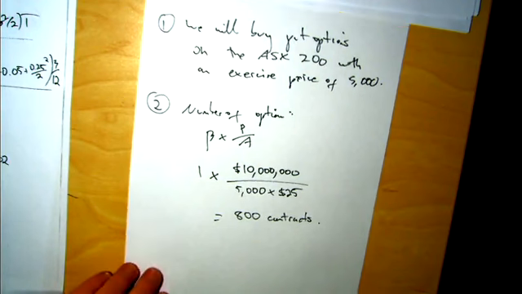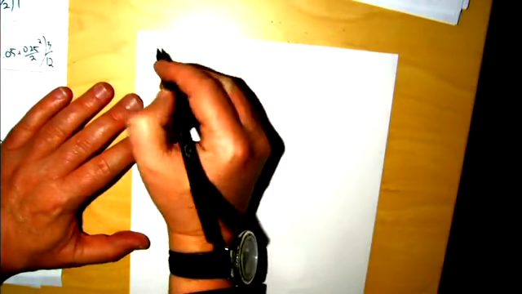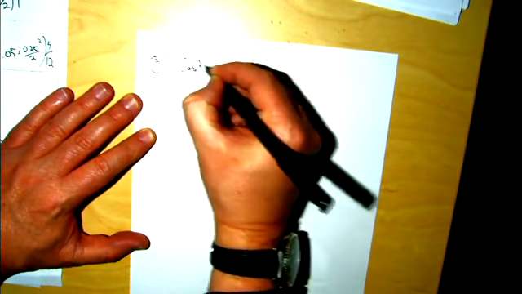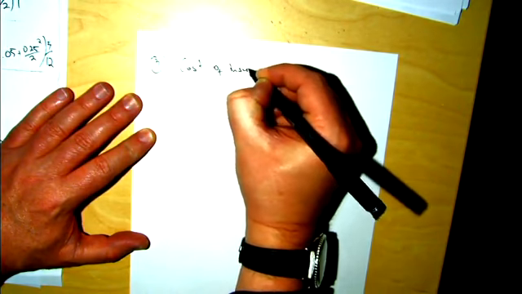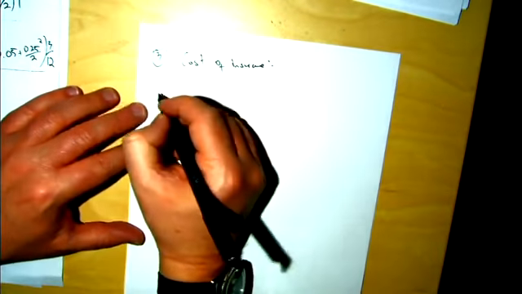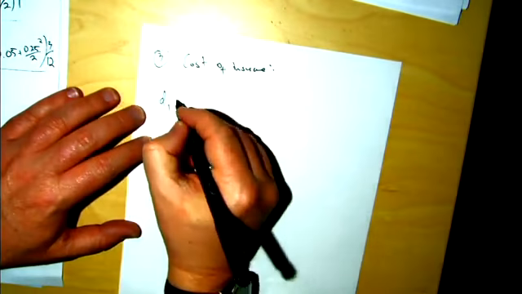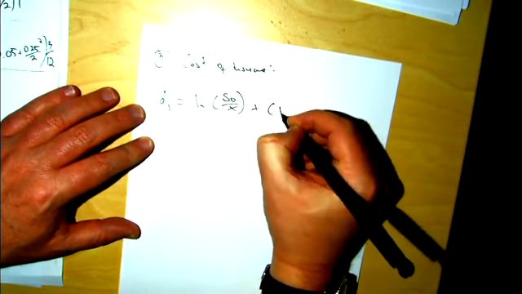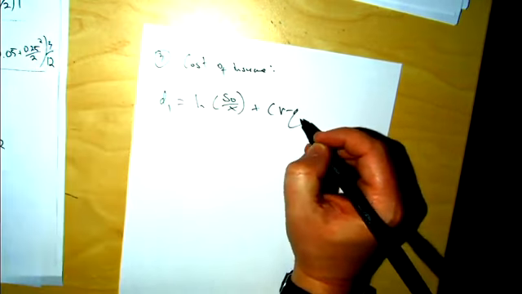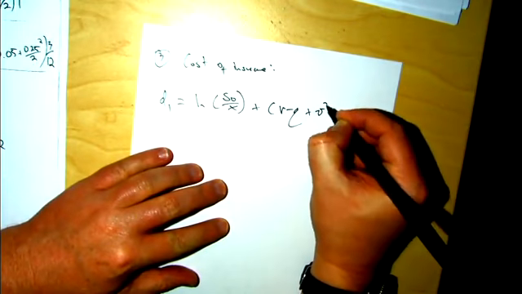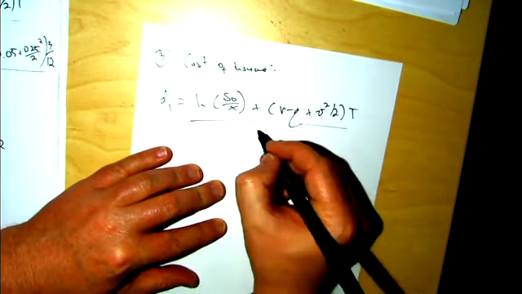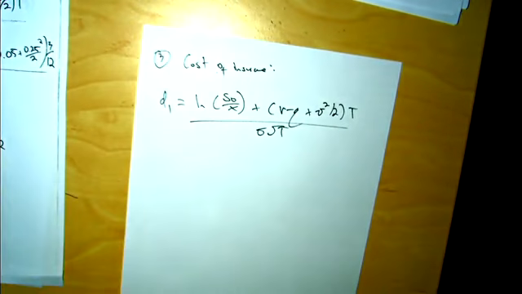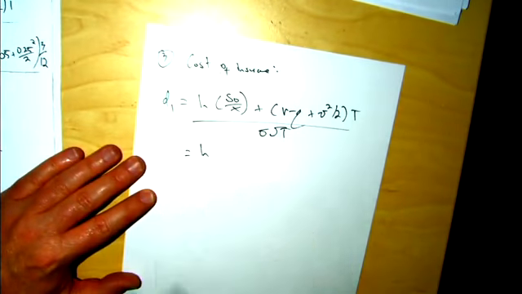And now we need to work out the cost of our insurance. So we're going to work out how much are the options worth, what's their cost. So cost of insurance. So first of all, we solve for D1. D1's equal to the natural log of S0 on X plus R minus Q, so I put the Q over here, plus sigma squared on 2 times T, divided by sigma root T. So that gives me the natural log,